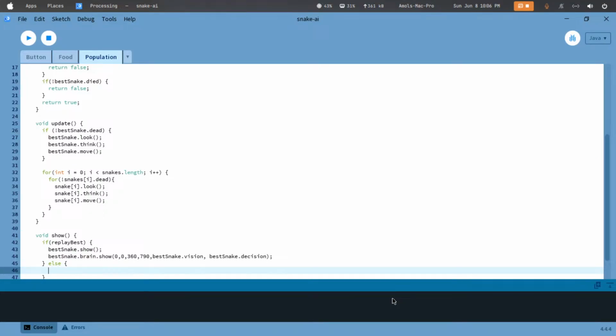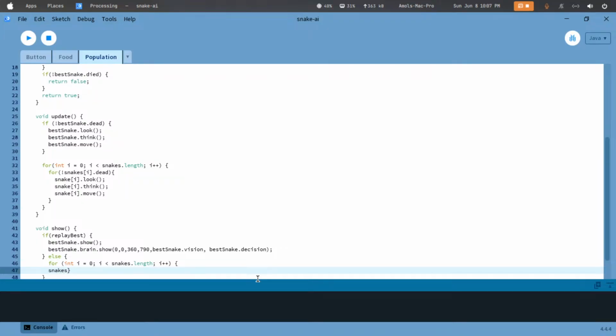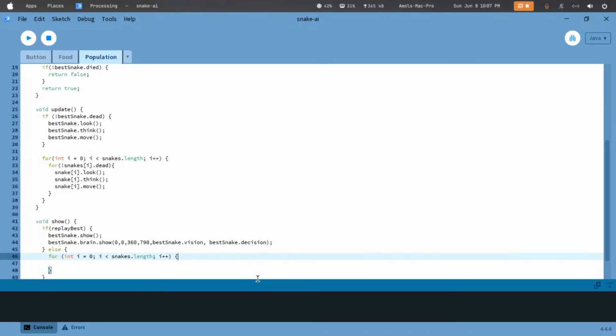Else what could happen there is for int i equals 0, i less than snakes length, i plus plus, i will be increased, then snakes for kind of just a second, then snakes for i dot show,